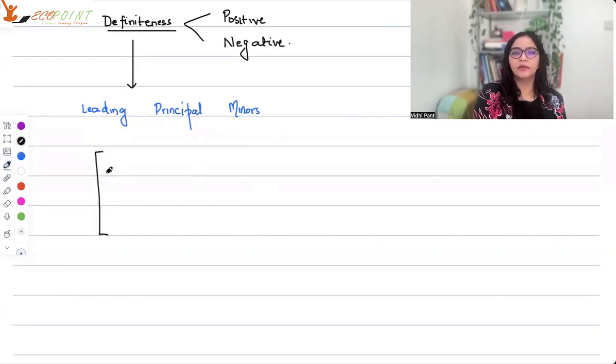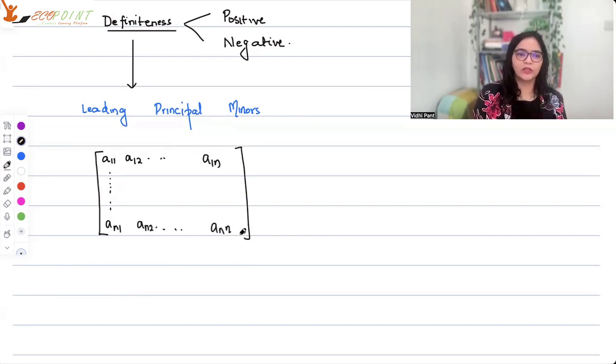So if, for example, we have a symmetric matrix, A11, A12 till A1n, and it goes on till An1, An2, Ann. So it's an n variable function that you are looking into, and this is the symmetric matrix A. The leading principal minors are of different orders. So the kth order leading principal minor